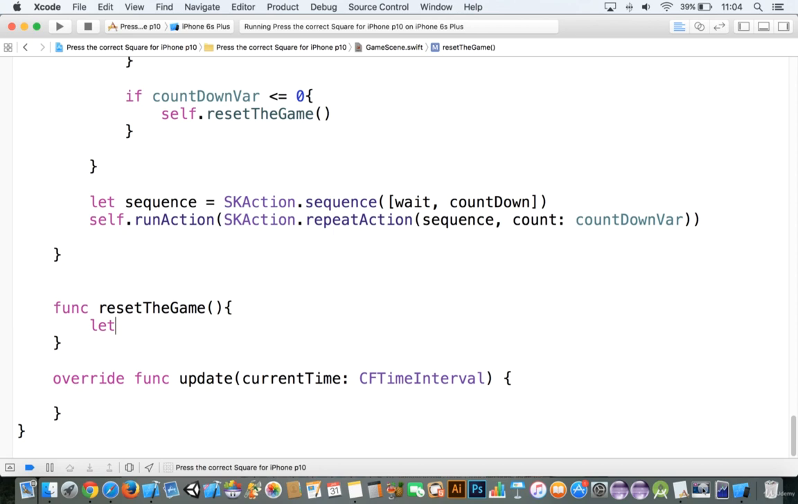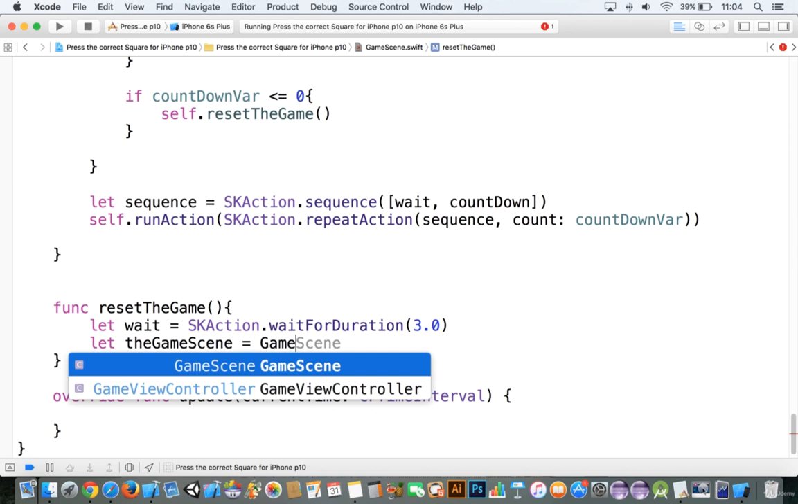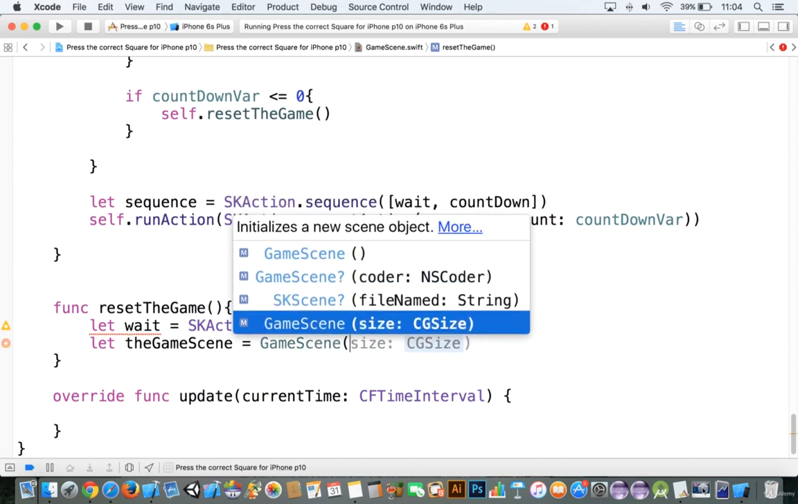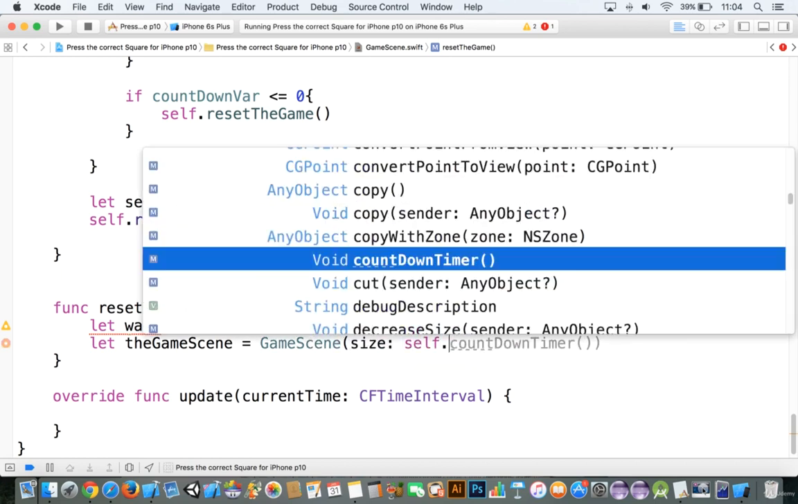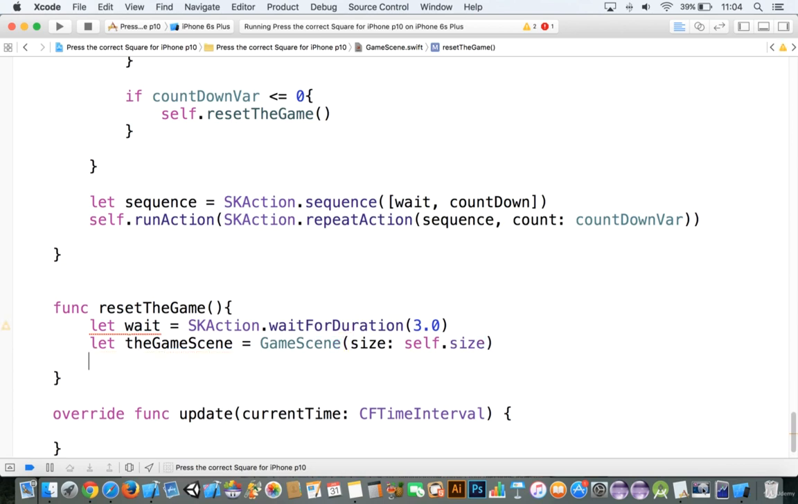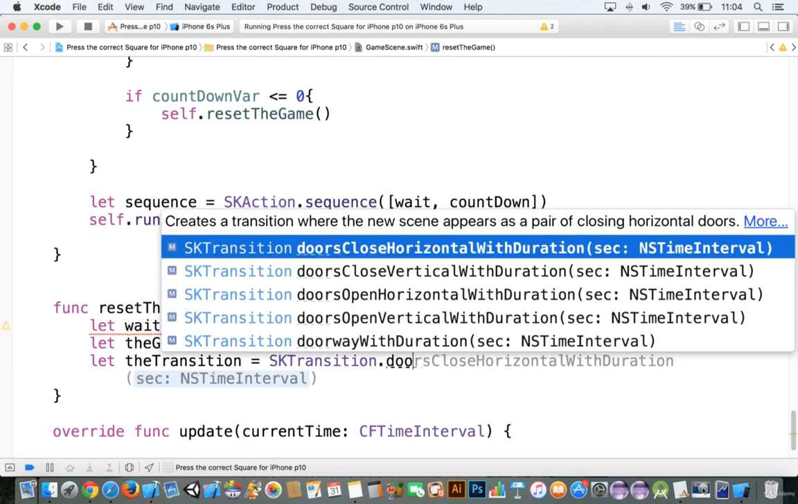So let's say let wait is equal to skaction.wait for duration, and we'll wait 3 seconds before resetting the game. We're going to say let the game scene is equal to game scene, and this is the scene that we're running right now. So we're just going to reset our scene here, and we're going to go to CG size is going to go to self.size. All right, and we'll say let the transition equal to sk transition dot,